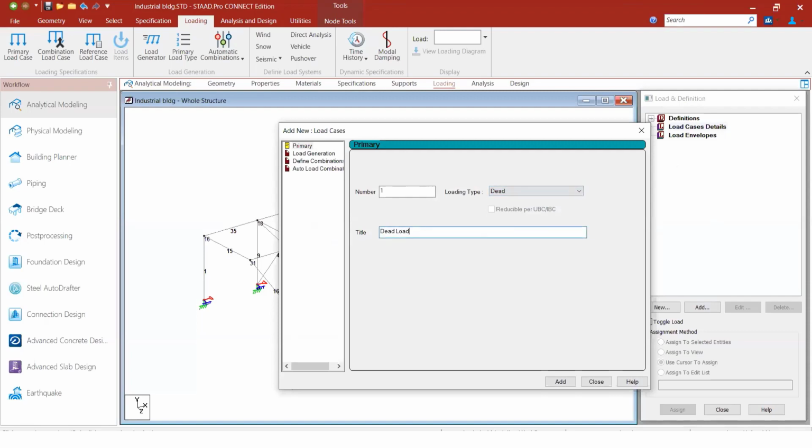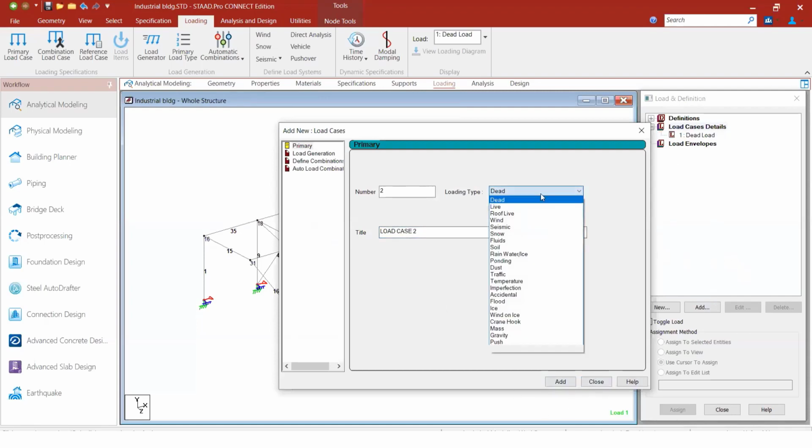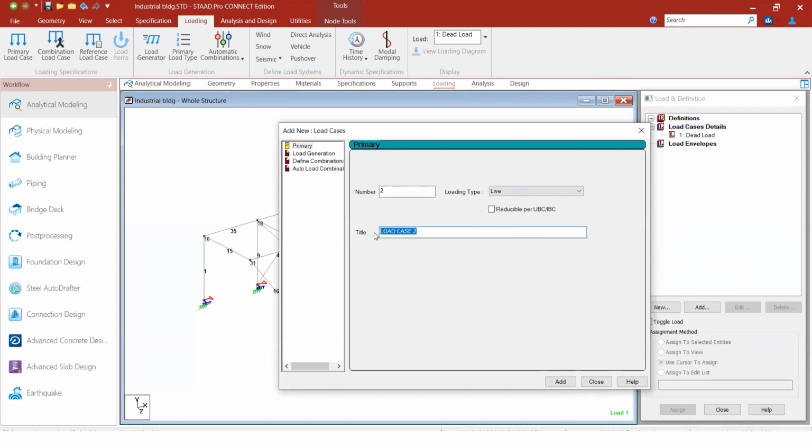This is how you create a dead load and combination of loads in STAAD Pro. Okay. Next is live load. Just select live load and add it. So next is wind. Just go to wind in positive x.